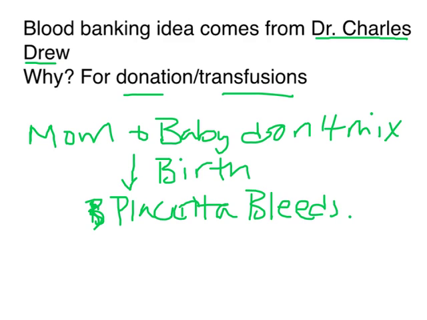And in a situation where you've got a mom, say, who is type A, but a baby that she's carrying is type B, mom can have an immune system reaction to that baby blood now that's loose in her system. So what doctors will do is test the baby's blood and test mom's blood right away. They test mom when she goes to the hospital, and then they test baby right after the baby's born. If there's a blood type incompatibility, and by that I mean what you saw on that first slide, if you've got a situation where mom's getting contact with blood that she really shouldn't,